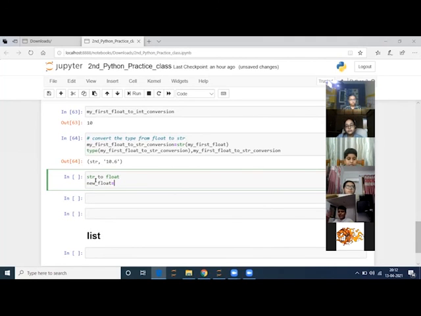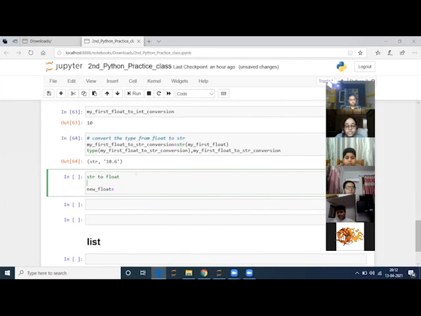It will just add a point zero at the end. Yes. See, if I convert a string to float, I have to make sure my string is also in that form. I can't have a random string.